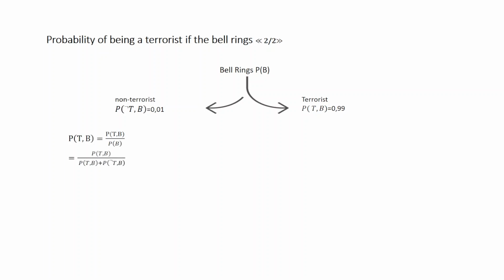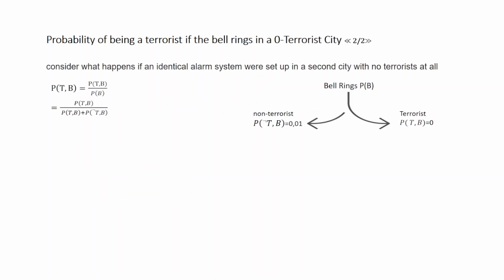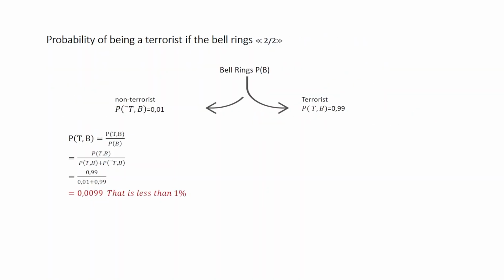This means that the probability of that person being a terrorist is the probability of the bell ringing and that person really being a terrorist, divided by the probability that the bell would ring although it's a non-terrorist, plus the probability of the bell ringing and that person being a terrorist. We know the numbers already, and that would give us again the same number. It's less than 1%,